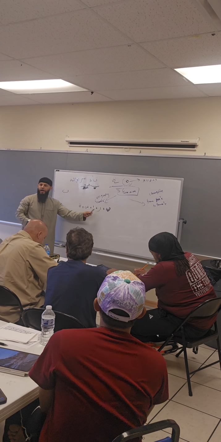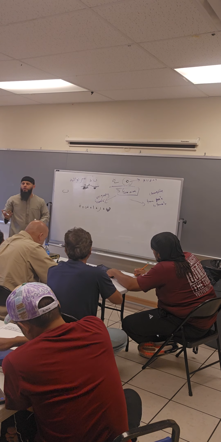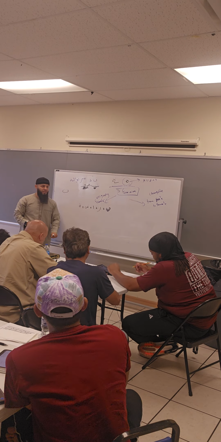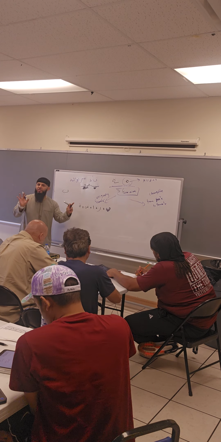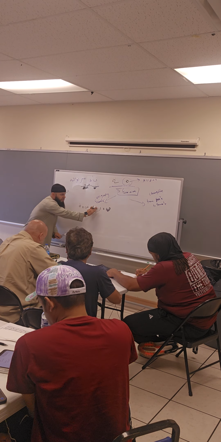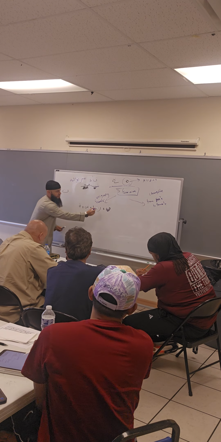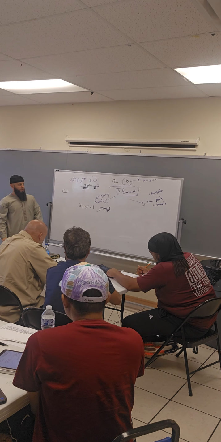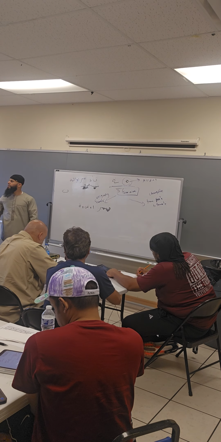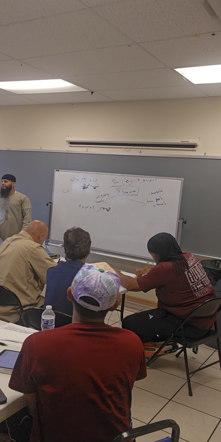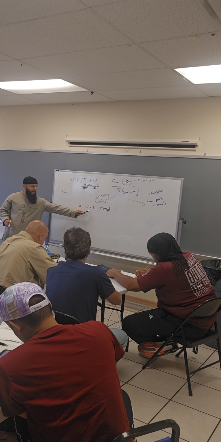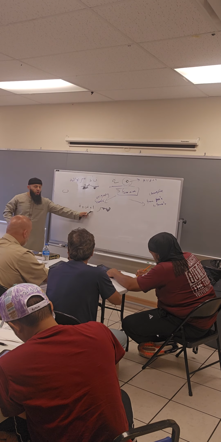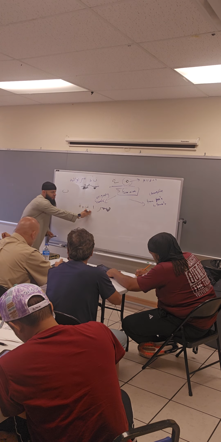What do you think, the ra and the alif, are they connected? No. Can they be connected? They cannot, because the ra is from the last group. They don't have a left hand. So you're just going to put the alif next to it, just like that. That's what's happening here. You see? Now the alif and the sha, do you think they will be connected? No, they're not going to, because alif is from the last group. They don't have a left hand, remember? So it's the same thing. Just like that.